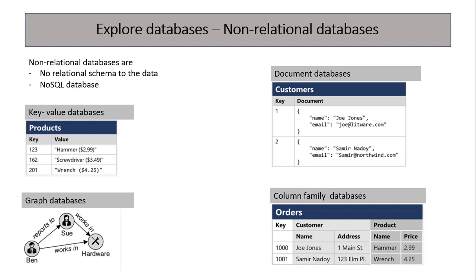Second part is document database. Database is this one, customers. So if you see, this is overall a key value database, but value is stored in the JSON document. So if this is the key, this is unique key, and this is kind of JSON format, like name, email, these are the attributes, Joe, Jones, and if suppose we have contacts, we can have some objects under that as well. So this is kind of JSON format,